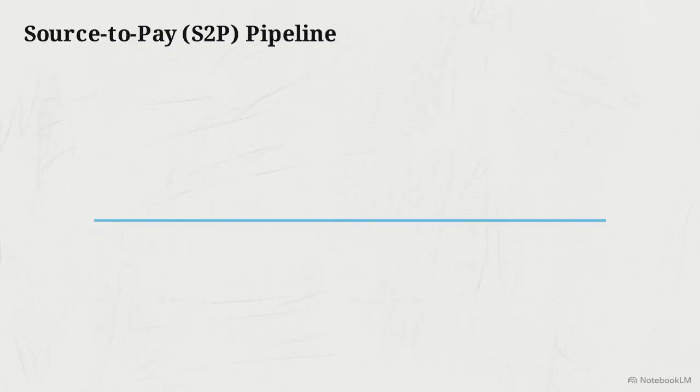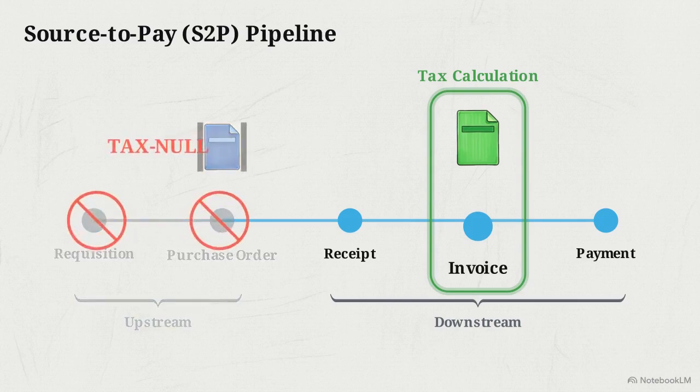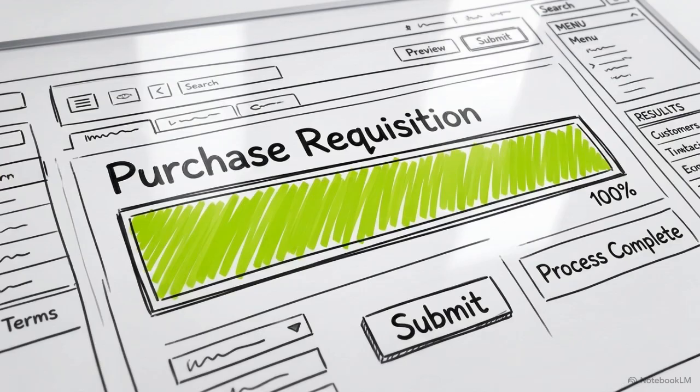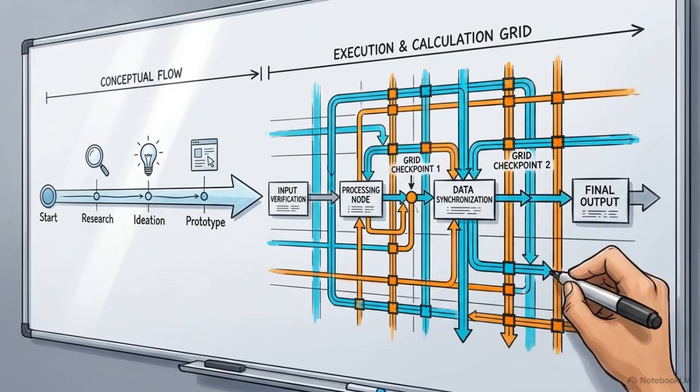Ariba operates on an invoice-only validation model. It restricts tax evaluation entirely to the invoice phase of the pipeline. This means the upstream documents, the requisitions and purchase orders, are generated as tax null files. Removing tax estimates early in the process ensures that purchasing phases aren't delayed by complex iterative tax approvals before an order can even be placed. By deferring all tax handling, the system trades upstream operational friction for a mathematically sound compliance check downstream.